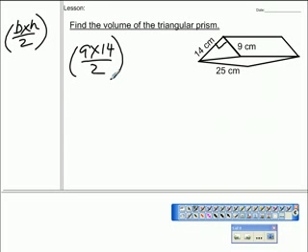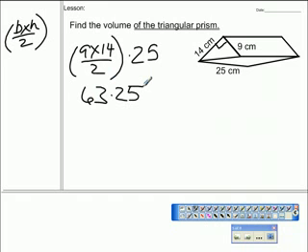The area of the base shape. Then what do I have to do with this? Very good. Times 25, because that's the height or length of the prism. All right, 9 times 14 is 126. Divided by 2 is 63. Times 25, which is